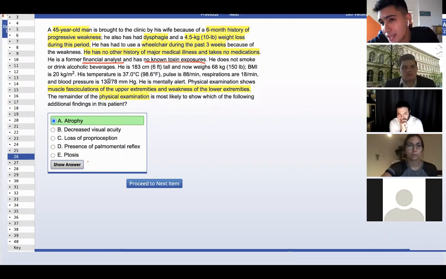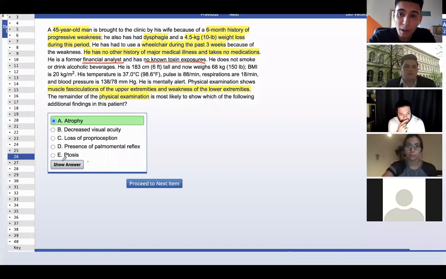So what you should be thinking about at this point is probably ALS, amyotrophic lateral sclerosis. These patients typically present as the patient we have here: typically male, around 50, 60 years old, and suddenly they develop severe symptoms, upper motor neuron and lower motor neuron symptoms, which we can see in this patient. So this is a classical scenario for ALS, and those people who took A, that was correct. But